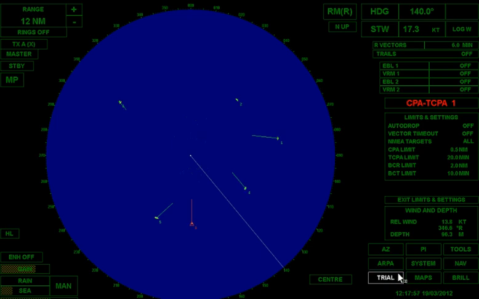the next thing I'm going to do here is I'm going to show you this trial, okay? Trial is a very useful feature. It's a what-if feature. It's kind of action-reaction, okay? It actually is action-reaction. So if I activate this, because I'm saying to myself, you know, this vessel's on my starboard bow, it has a CPA of 0. I want to alter my course to starboard, and I want to make it have a CPA of about, let's say, 1.5 miles or 2 miles,